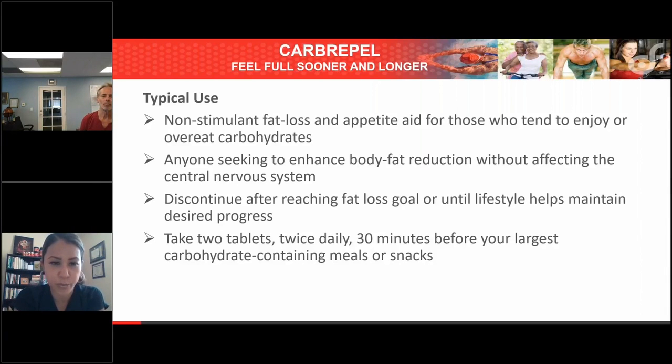Can you talk about proprietary blends? I've read that it's a red flag to have a proprietary blend. Does DotFit have any? Yeah, I agree with you 100%. As far as I'm concerned, it's a non-starter. In fact, even with all our pro teams and everything else, if you've got a proprietary blend, you can't use it. The reason for proprietary blends, if you spend a ton of time and money putting together a formula,